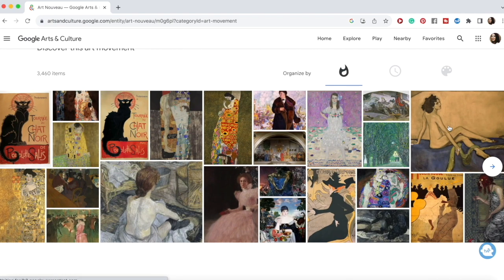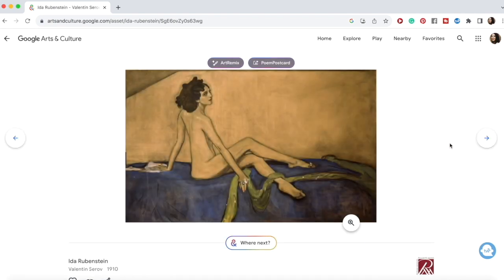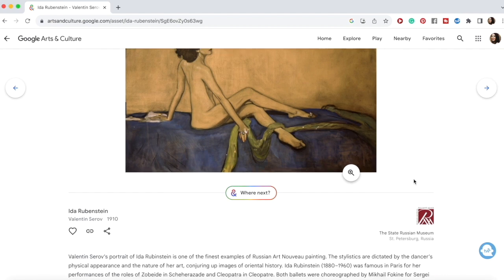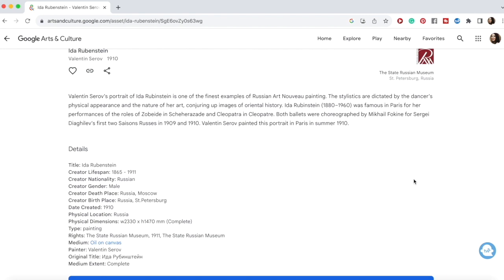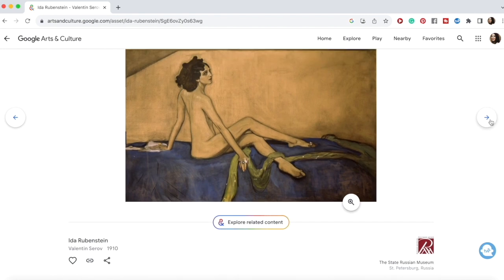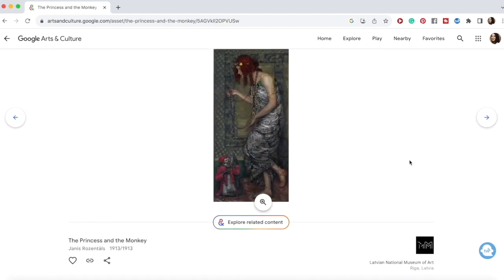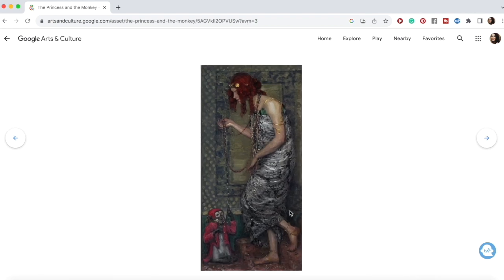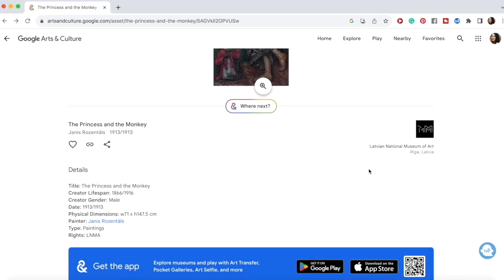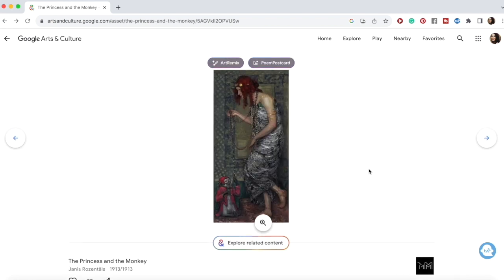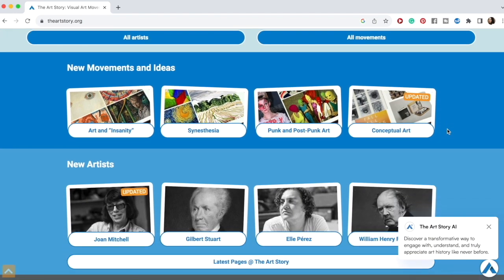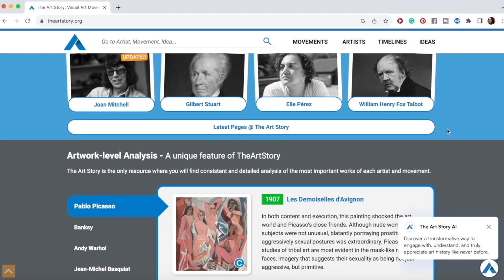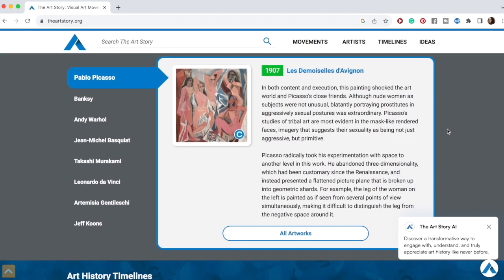Google's Art and Culture is very thorough, it's very complete. I love that the images are pretty high quality and you can expand them to see the detail, and there's just so much there. And let me just tell you, you're gonna get so much more out of spending 30 minutes exploring this website or the others that I'm gonna be sharing next than whatever you're gonna gain from scrolling on Instagram. Another great website where you can learn so much about art history and artists and movements is